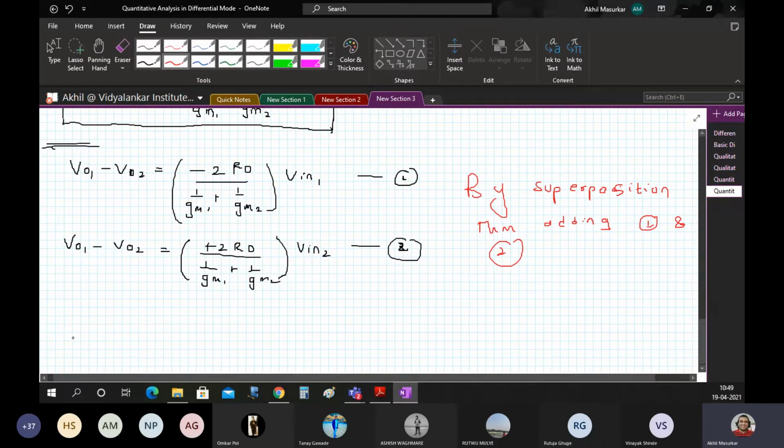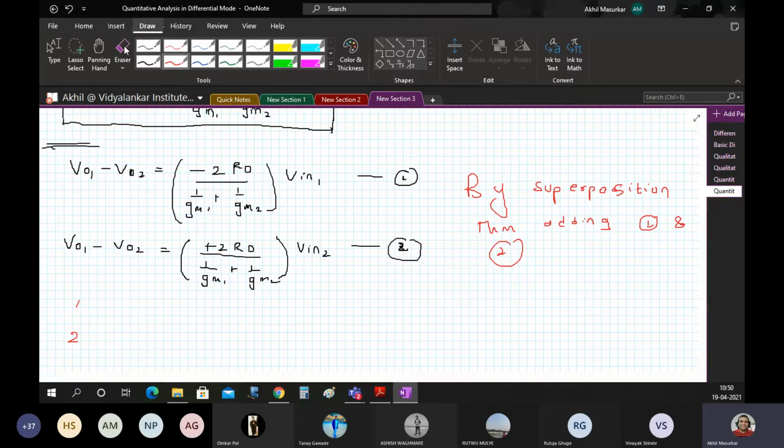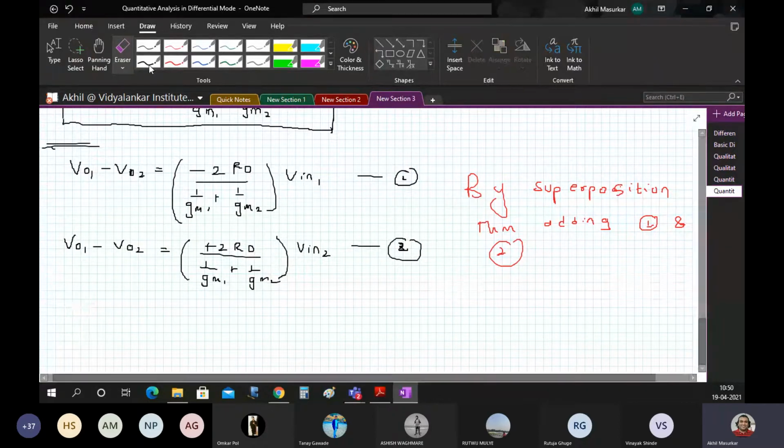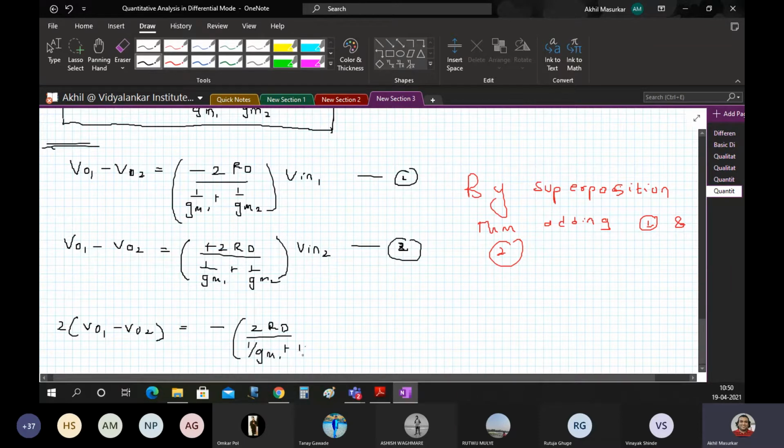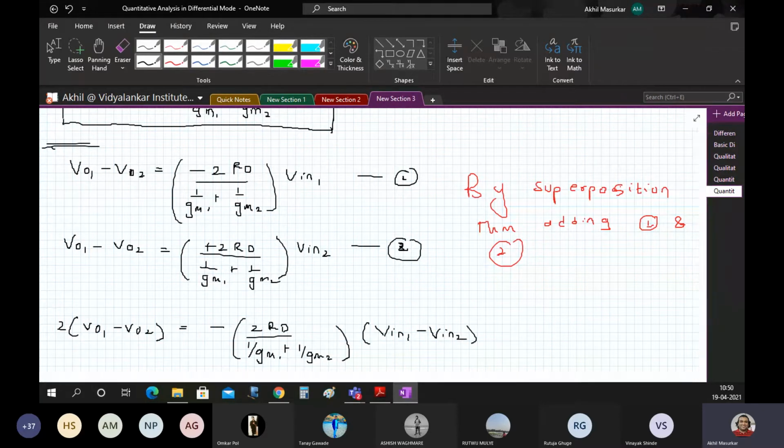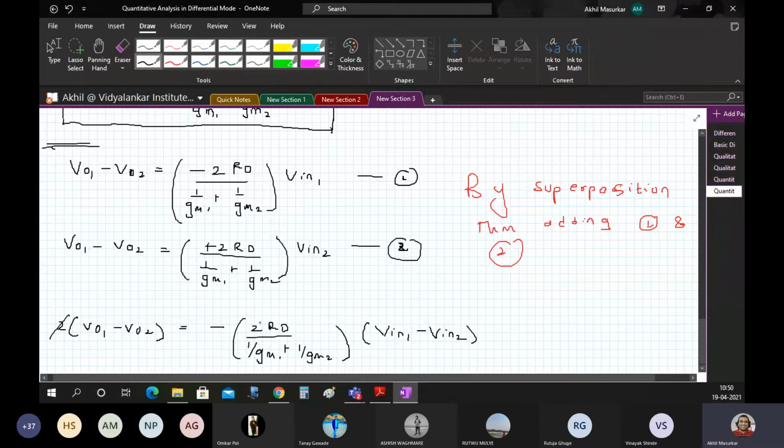So we will get twice of V01 minus V02. It's a very interesting thing. Twice of V01 minus V02 is equal to, here we have V in 1 and V in 2, so that will be minus 2 RD upon 1 by GM1 plus 1 by GM2 into V in 1 minus V in 2. So this 2 cancels out,